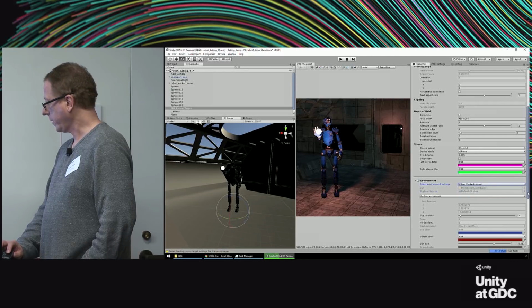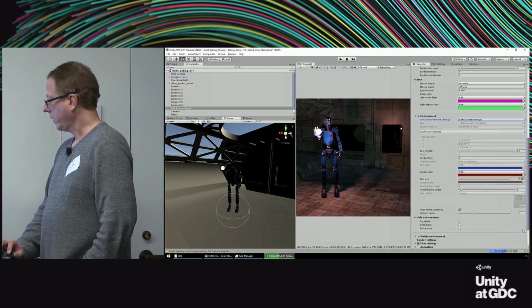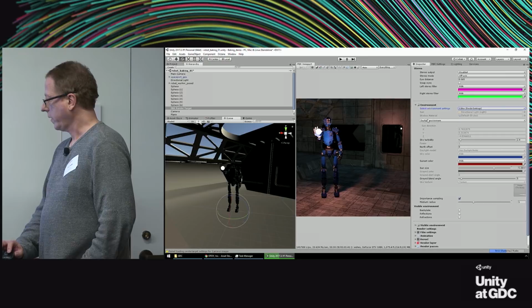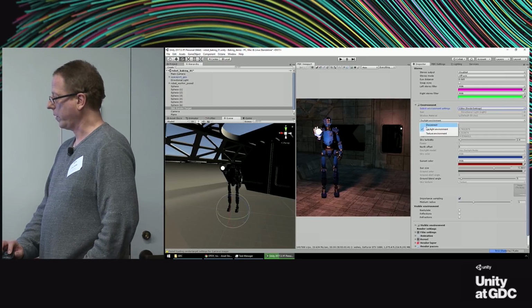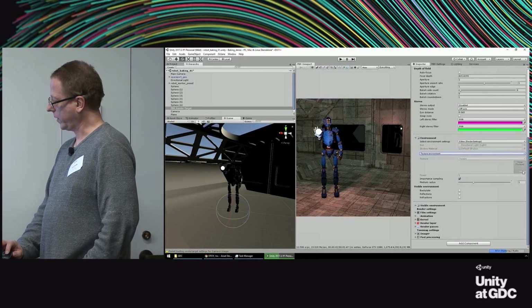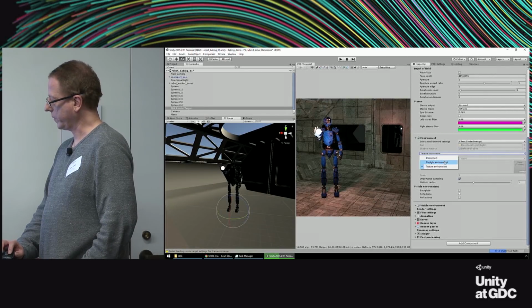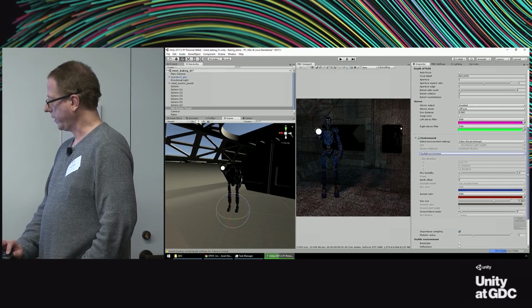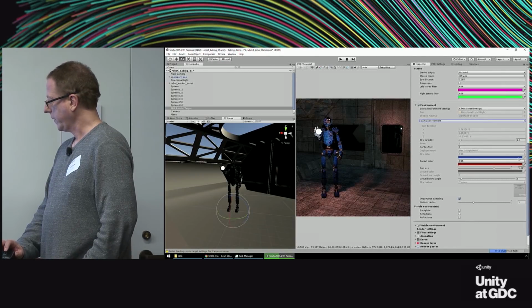Set this back to editor. And then of course we have a number of options for if we want to do a texture environment. I don't think I have a texture loaded in here, so let's skip that for the moment. We have daylight environment, so I could also